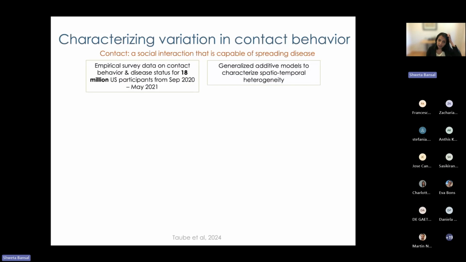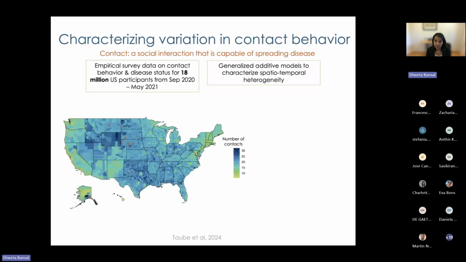So for this, we took advantage of a data set that was collected via a social media survey over the pandemic. And this was really large scale, where we had about 18 million respondents over the course of its first year. And so we just, for starters, modeled this using GAM models, generalized additive models, to understand the spatial temporal heterogeneity in contact. And again, because the sample size is very big, we can do this at a very fine scale, and we can produce a map like this that helps us understand number of contacts by location over